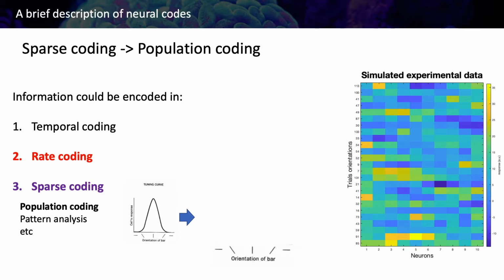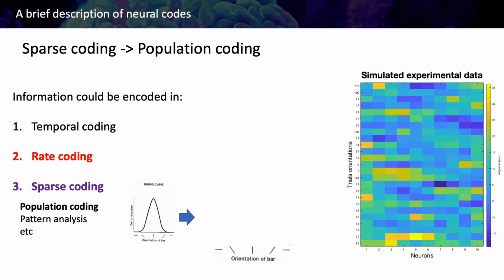Then we will move to another hypothesis about how information can be encoded in the brain, which is sparse coding. Sparse coding states that information, instead of being distributed in a homogeneous way along the neurons in the brain, is handled by some neurons that have preferences for some properties of the stimulus. So there are some few neurons that like vertical, some other few neurons that like horizontal, and so on. So there are different tunings for different units. This leads us to the idea of population coding.